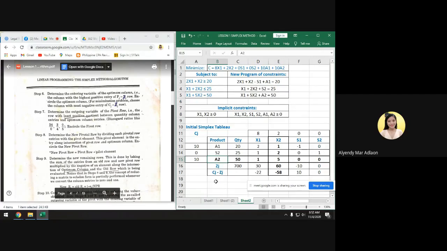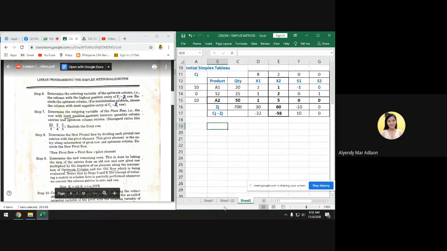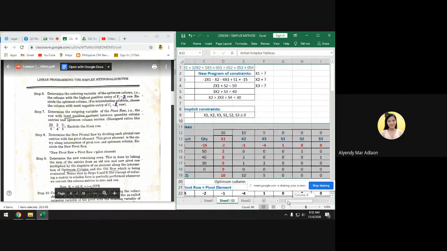And then by that, we are now going to make our new table. Okay, so i-copy gihapon nako ang